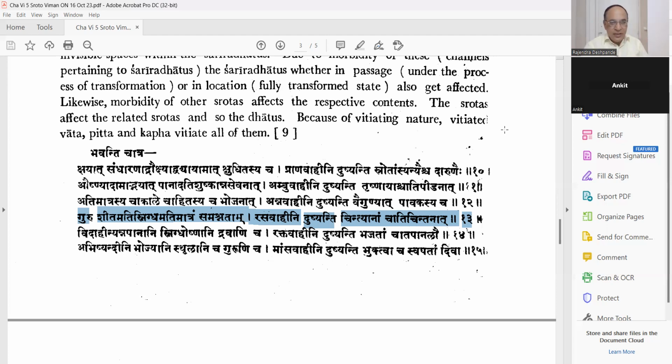Don't forget that. Then chintanam cha ati chintanat, excessive thinking habit. Your psychological anxiety, psychological tension definitely affects your agni. Definitely 101%. Our body and mind are very internally connected. Body is affecting mind, mind is affecting body. Remember these things. So most of the indigestion problems are psychosomatic problems. Origin is here. That particular patient has hidden anxiety, hidden tension.